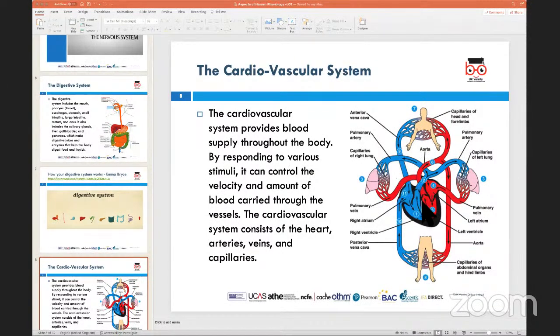So veins tend to carry impure blood, and arteries tend to carry pure blood. And this cardiovascular system is very vital in maintaining the life and health of any tissue and any organ in our body, because this is the medium through which nutrients are essentially delivered to any sort of organ, tissue, or cell within